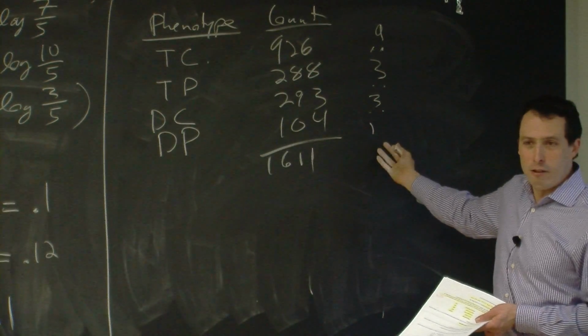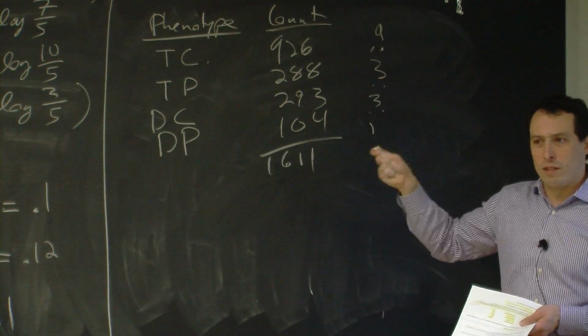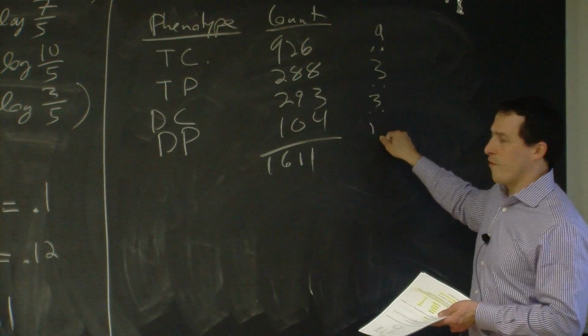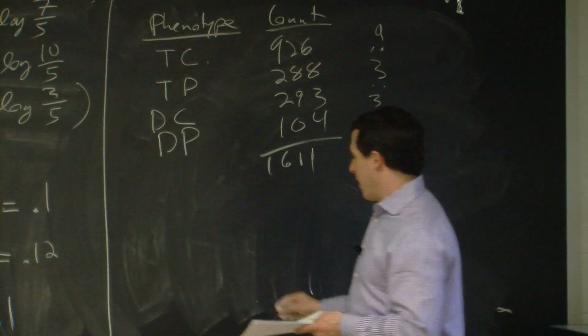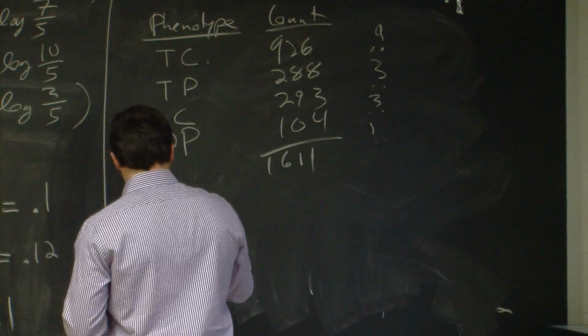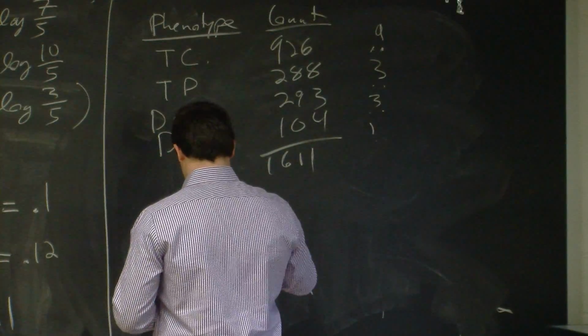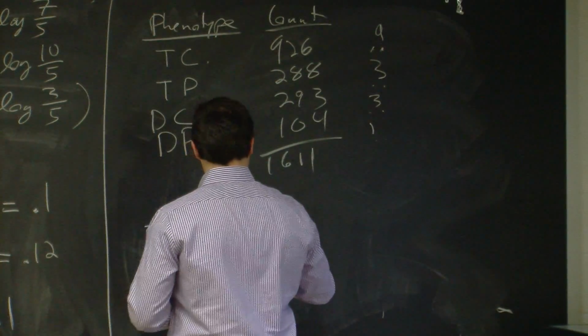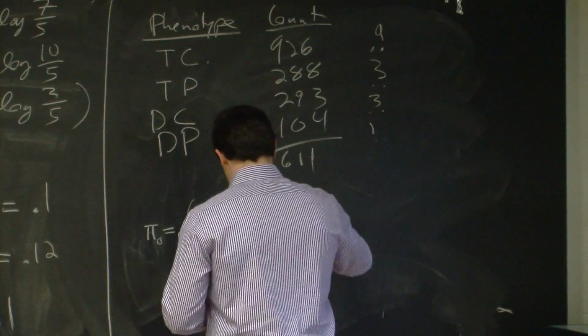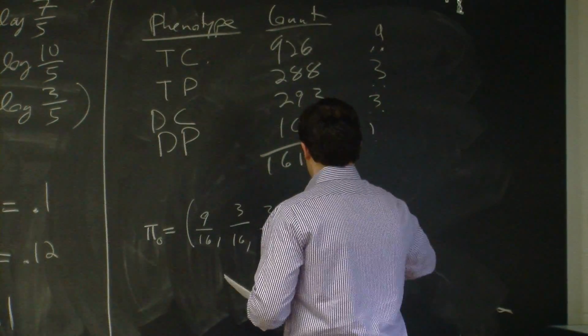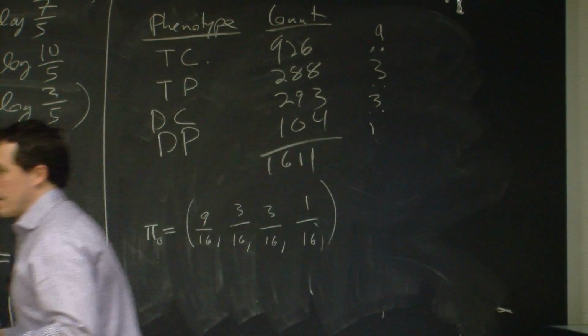Our null hypothesis is not a whole model, it's just one set of ratios. We're totally fixed binomial distribution. And so our vector of probabilities in the null is 9 over 16, 3 over 16, 3 over 16, 1 over 16. And we have expected frequencies